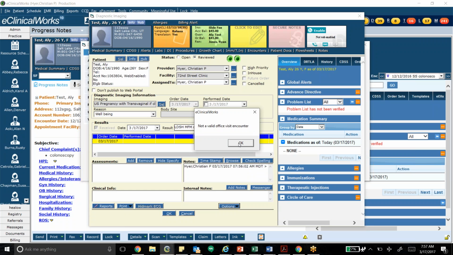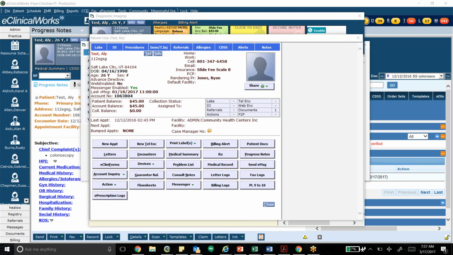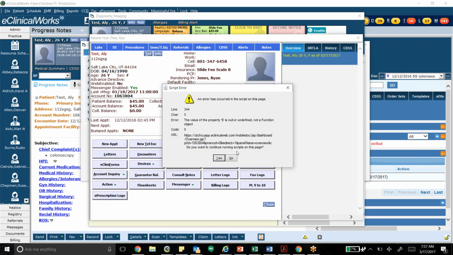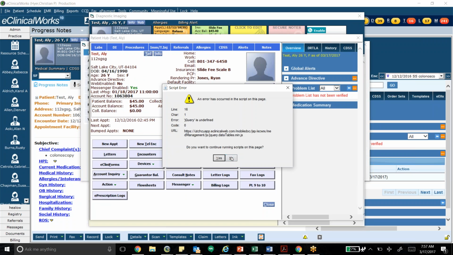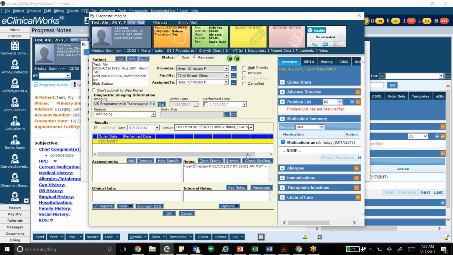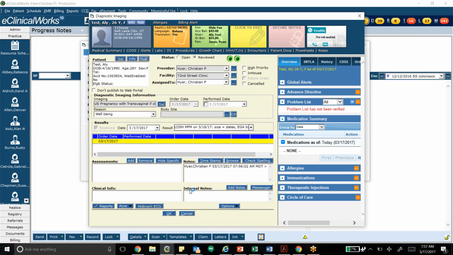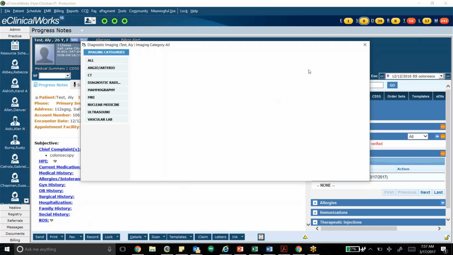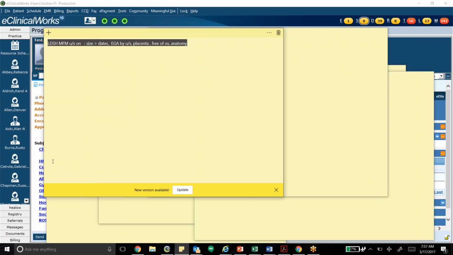If this was an example, so it wasn't associated with an office visit, but if it's associated with an office visit, then it'll actually pull up your progress notes. And so in order to get there, if it's not associated, is to click progress notes. Once you hit progress notes and my order is reviewed, then I can hit OK, and now I'm to the patient's progress note,